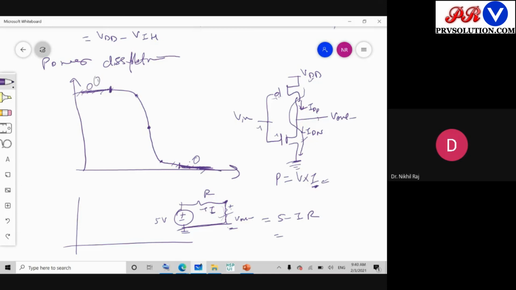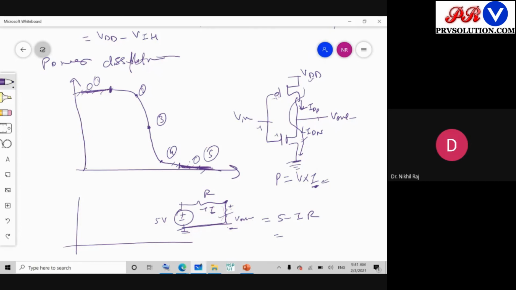Let's say it was 1, 2, 3, 4, and 5. In which place the most power dissipation will take place? Can anyone comment? 3 पे. And what is the region? Saturation. Saturation. Yes, good. Because both the transistors are in the on condition, so maximum current is flowing there. Saturation means क्या होता है, device is almost saturated and most of the current is flowing. So here the maximum current will flow.